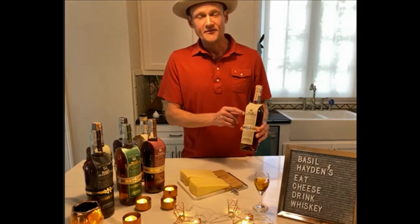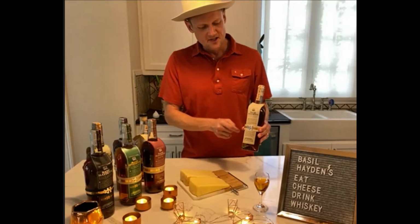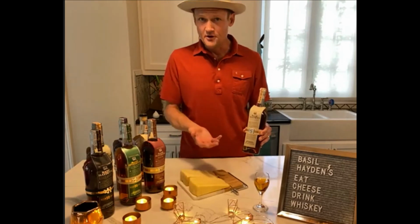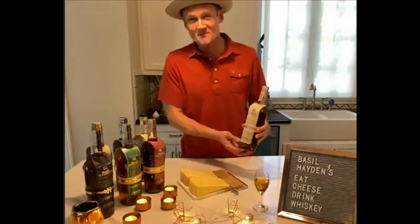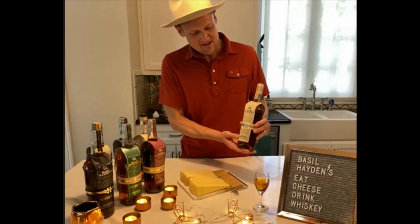One person told me one time about this particular packaging being reminiscent of the field workers' uniform, so overalls and the belt. My only question for that has always been, if you're wearing overalls, do you really need a belt? I don't know. That seems like you're kind of beating a dead horse on that one, or you just really have a hard time keeping your pants up, I suppose. But here we are with our wonderful Basil Hayden, and this is our bourbon at 80